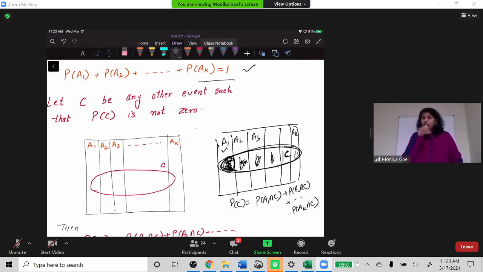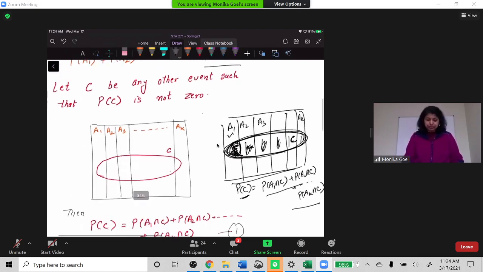In your previous example of conditional probability, when we looked at the denominator, we just wrote one value. But now we have to calculate this C, because C intersects all of them. That is the extra part that we are doing in Bayes rule.